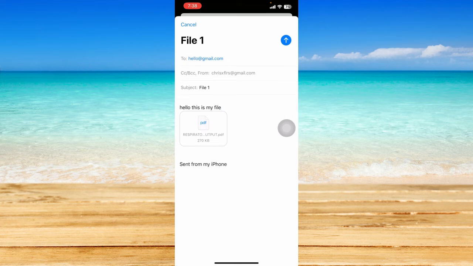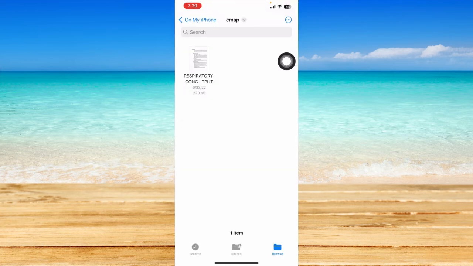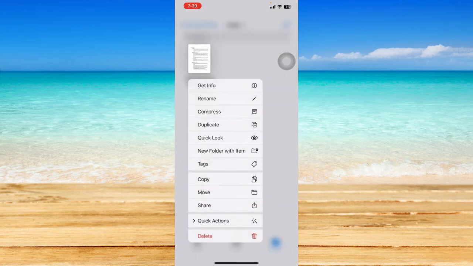And then once you have set everything up, you can just click on this arrow up button to send it to that person. Now, if you use the Gmail app, you can do the same, press and hold, click on